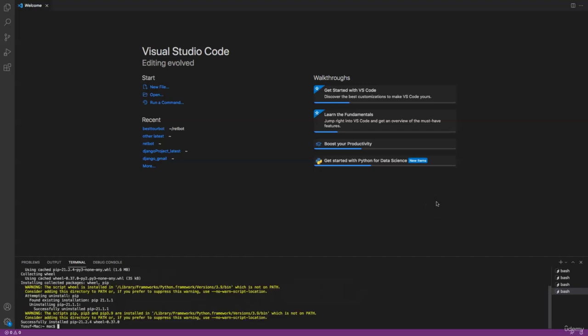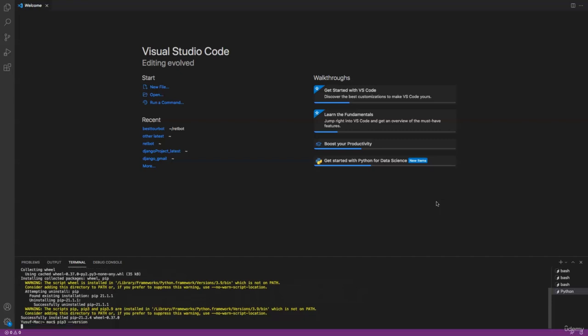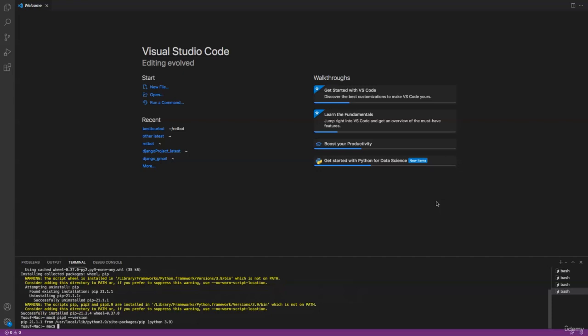Okay, then the next thing I need to do is to verify the version of pip that I've installed. Okay, I have pip. This is the version that I have, pip 21.1.1. So to install Django, I need to type